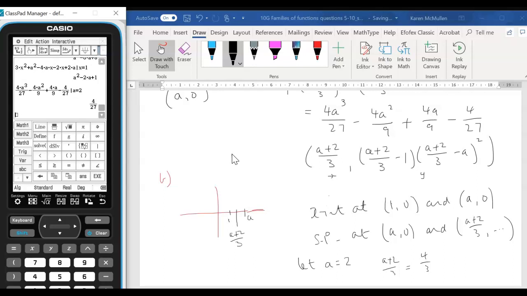So we get 4 over 27. So that means when a is 2, at the point a plus 2 over 3, so when it's 4 over... actually, just give me 1 sec. All right, sorry, I'm just thinking. So when we let a equal 2, this point here is 2, and the point in the middle, this point here, is going to be 2 plus